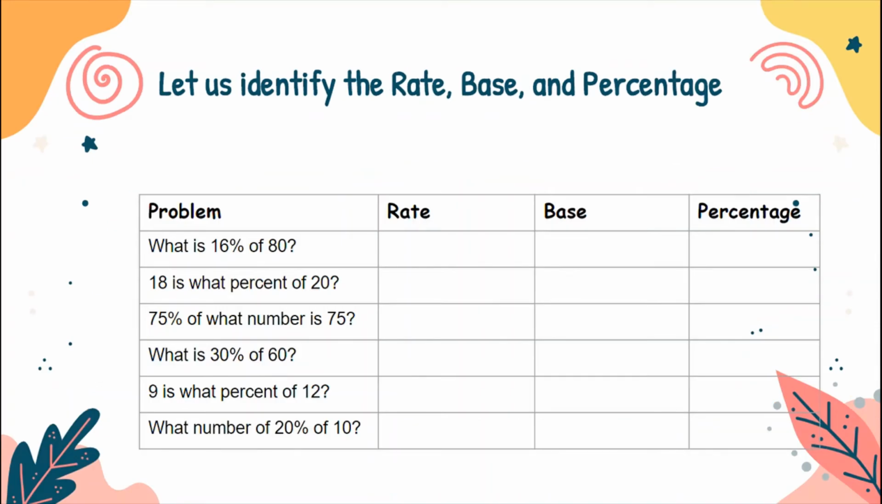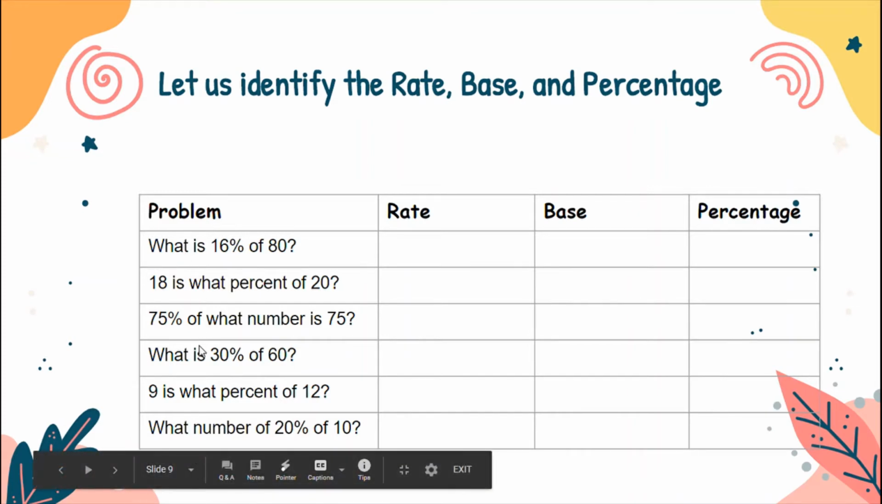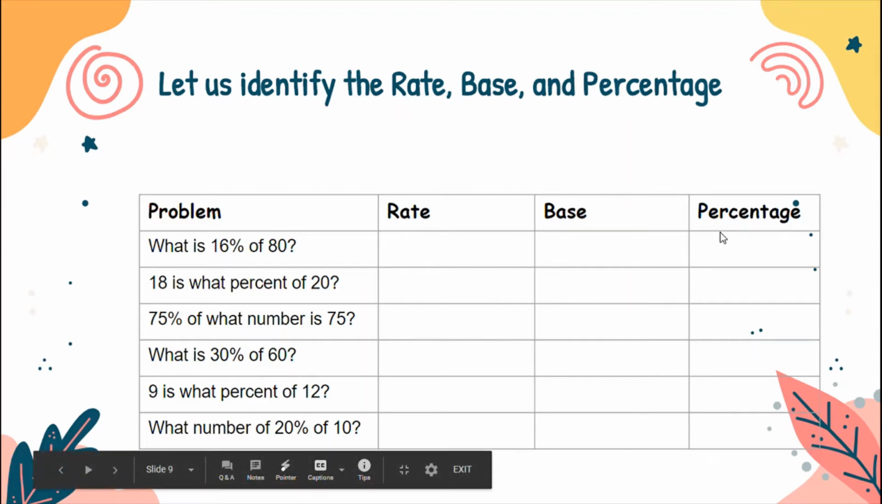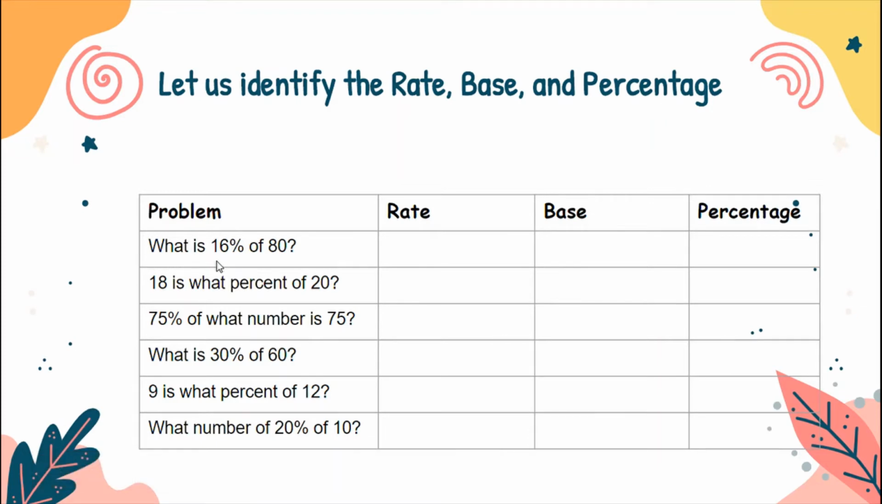Now, this time, let us identify the rate, the base, and the percentage using the table below. In this table, we have here the problem, the rate, the base, and the percentage. So we are going to identify the following numbers according to rate, base, and percentage. So we have here the number one question, what is 16% of 80? 16% here,